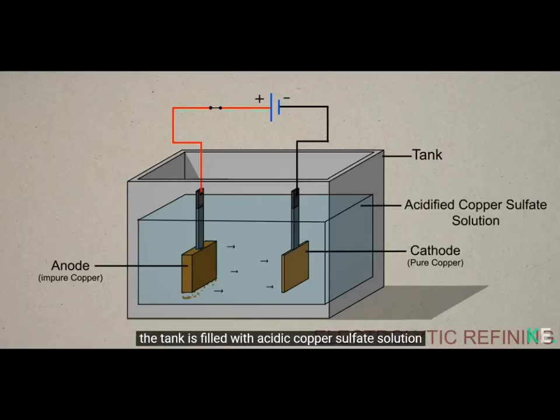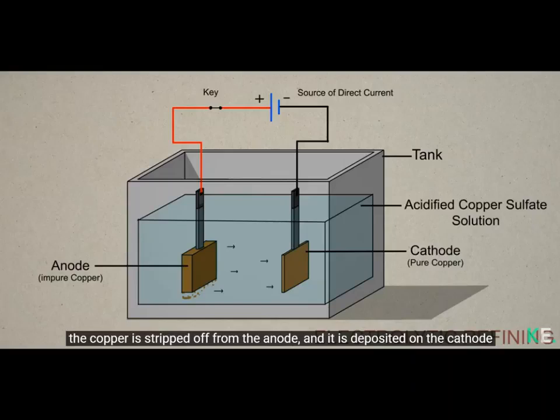The tank is filled with acidic copper sulfate solution which acts as an electrical conductor between the anode and cathode. When electric current is passed through the terminals, the copper is stripped off from the anode and it is deposited on the cathode. Most of the remaining impurities form as slime at the bottom